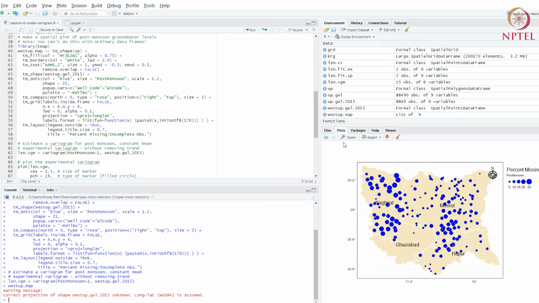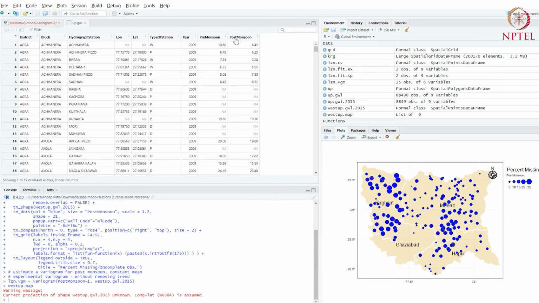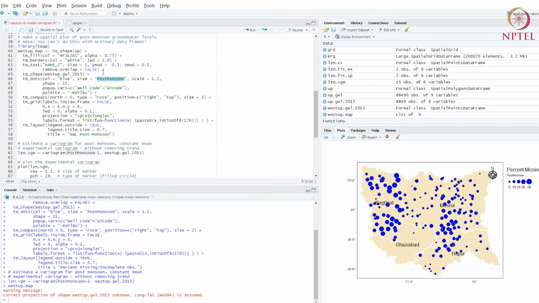So let me zoom this in for you. Oops, our legend entry is wrong. It says percent missingness. So we don't want that. We want to name it what it actually is, which is groundwater level. And these are post-monsoon groundwater levels, okay? I have selected the post-monsoon column. Remember, we had a pre-monsoon and a post-monsoon, so I'm going to estimate a variogram for the post-monsoon observations.